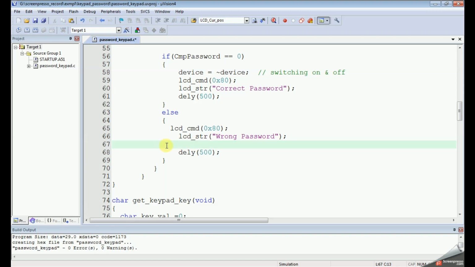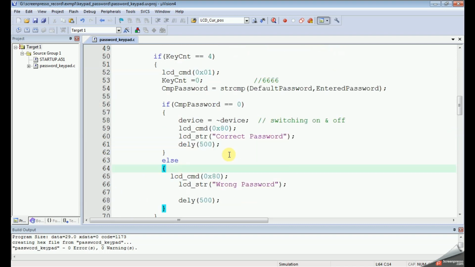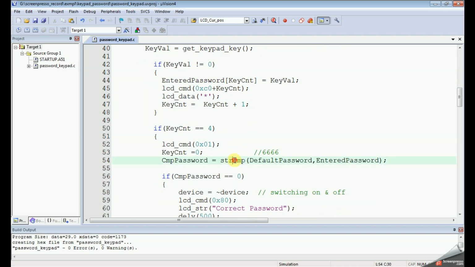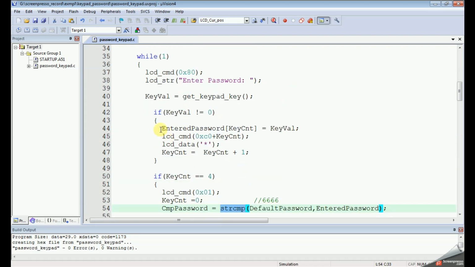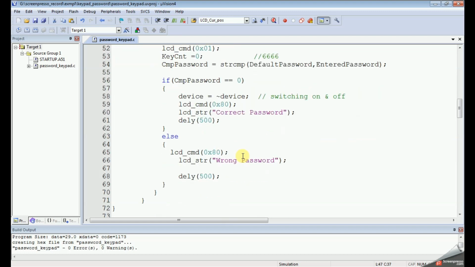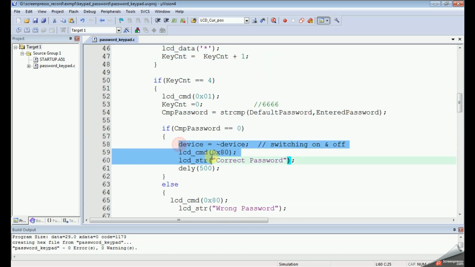There is some delay here. This is a simple logic we can write, using a string comparison and taking a four digit password, to switch on the device using a default password.